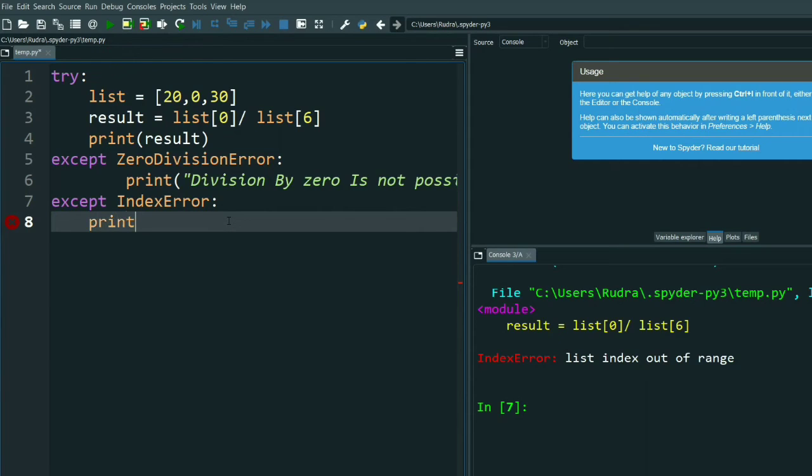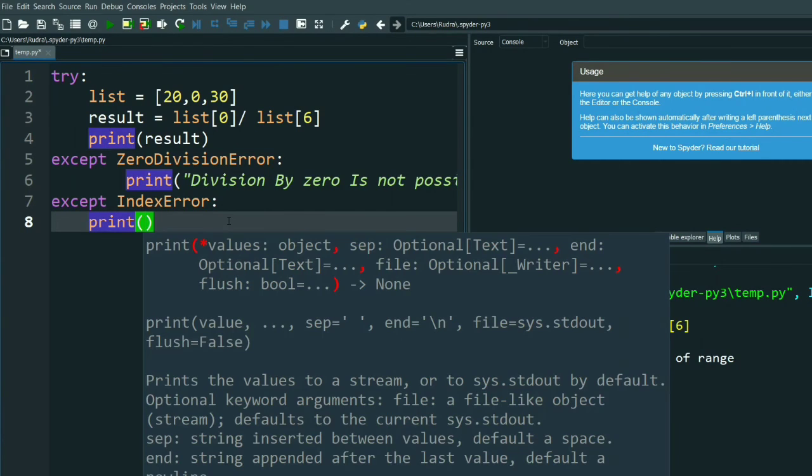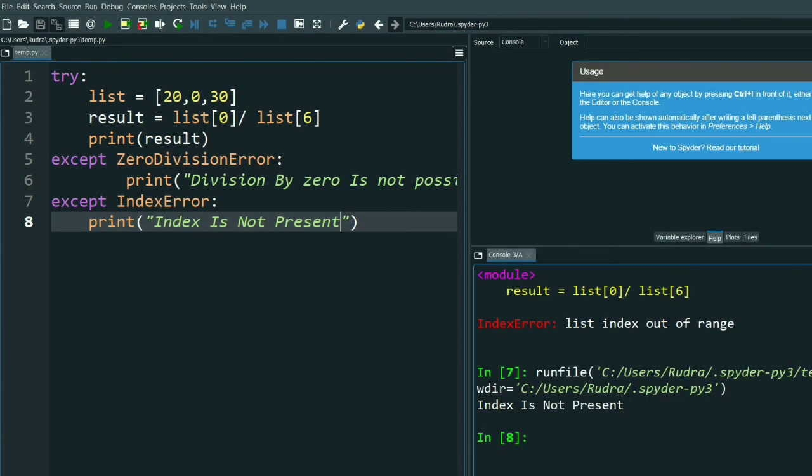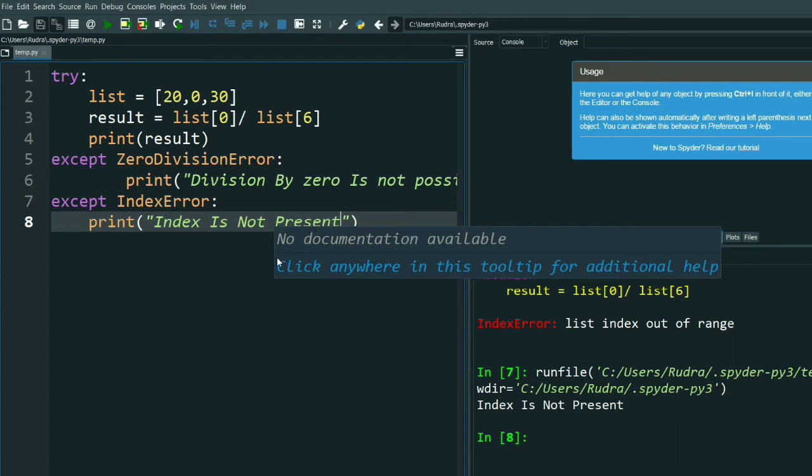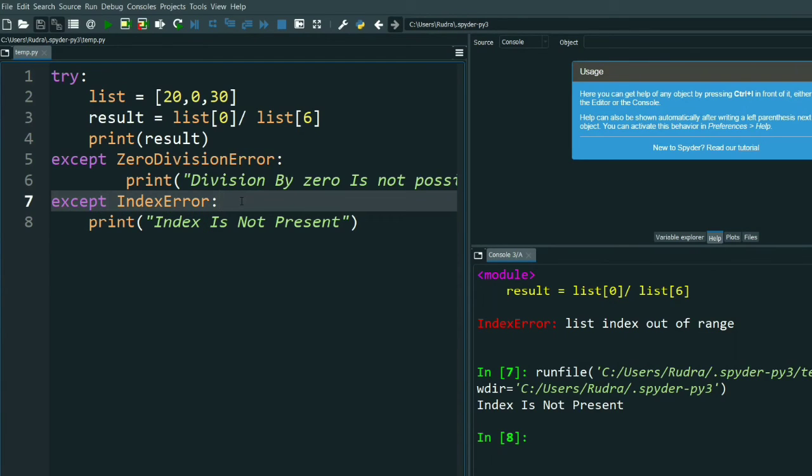Now simply print, just write, index is not present. Now let's see the output. See, it is giving index is not present. So you are seeing that if you forget to handle the error, then it is not printing. It is showing an error.